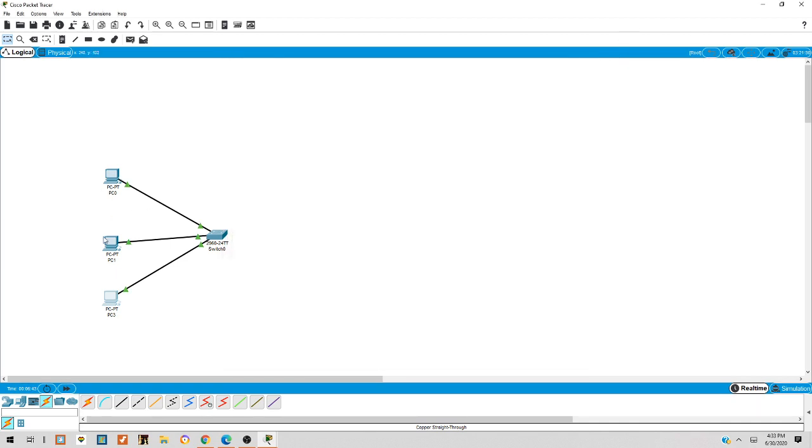Okay, so this computer has an IP address 192.168.1.2. I will just copy it and paste it here, and I will be using 3 for this one. And here I will use another, so Control V and 4. So now it's quite visible that I can see all of those